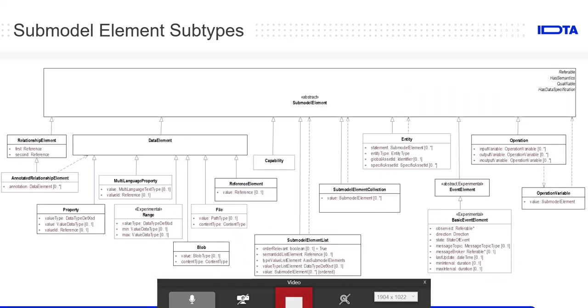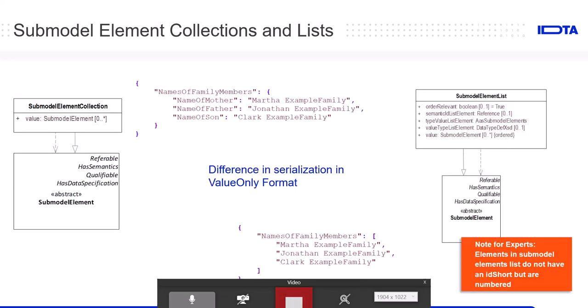Here you will see it in a UML diagram with all the attributes. I will not explain all of them. I think most of them are quite obvious, but some of them I will explain in more detail. And this is the difference between collections and lists, because this is also something that is new. Before, we only had collections. Now we are distinguishing between collections and lists. And the main difference is,